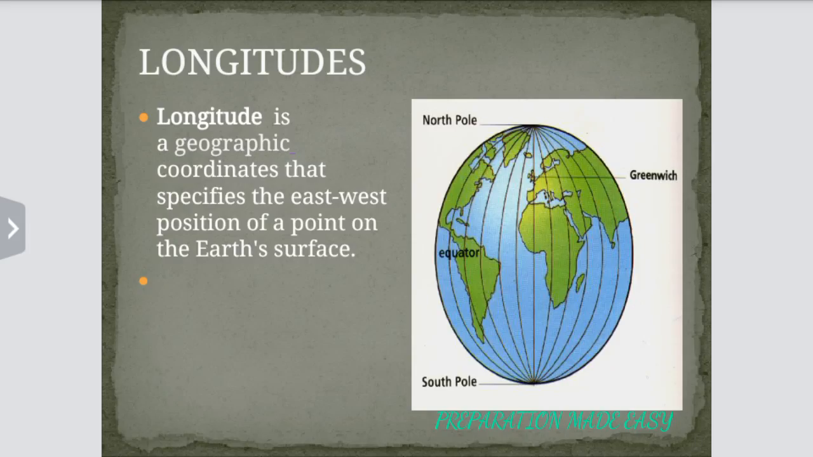Now let us see the longitudes. Longitude is a geographic coordinate that specifies the east-west position of a point on the Earth's surface. See, by picture we can see that there is a central line and the other lines are from east and west. Okay,